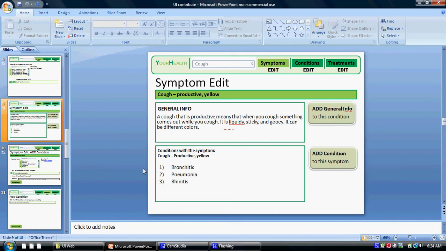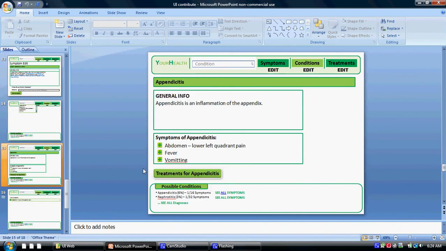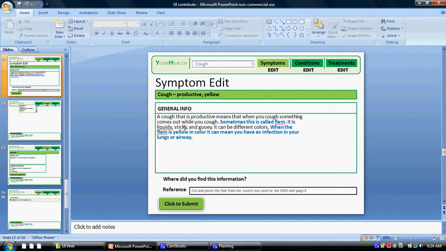Back here, if they click general info, then we would end up here. And this could say symptom edit general info, but no worries about little stuff. And for the general info edit, I thought it'd be cool if whatever is already in there would be in black like this, but then they'd be able to click in here as a text box, and they would be able to type in, and as they typed it would come up in bold or in some wild color, so they could see what they're adding, and then they could click to submit it,